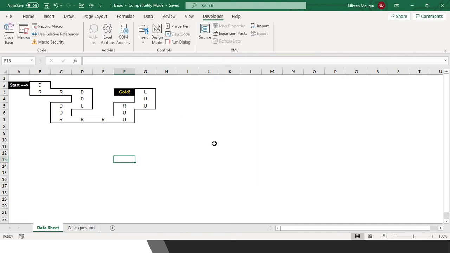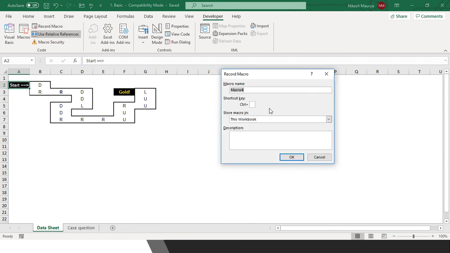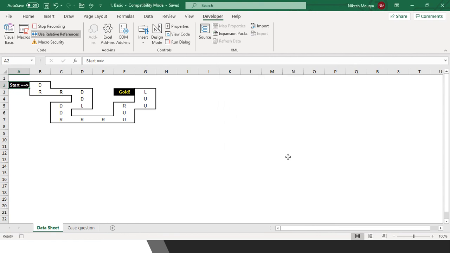Let's start. We are going from A2 to B2, so use relative reference and record macros. Right now, Shift D. So I have gone from A2 to B2.